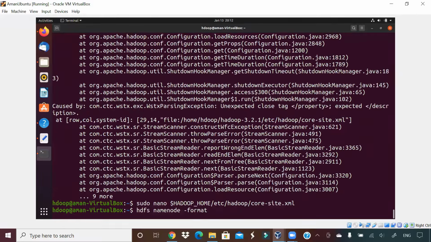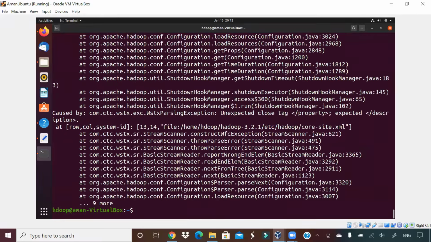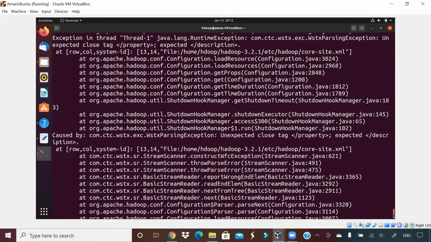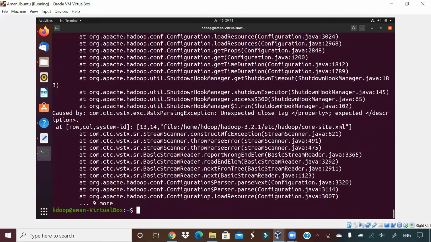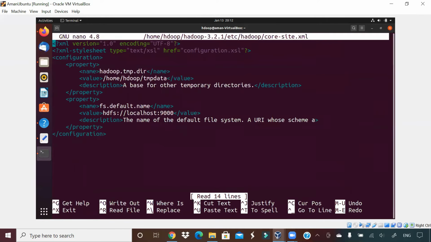Let me try launching name node one more time. What is happening here? It is giving me an error now, maybe in some other file, again in core-site.xml. What is the error? Expected description closure. Let us check if there is some issue with that file. Cat. Description closure.